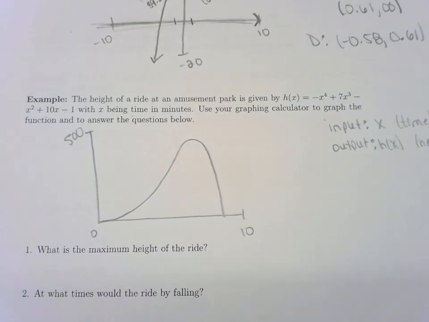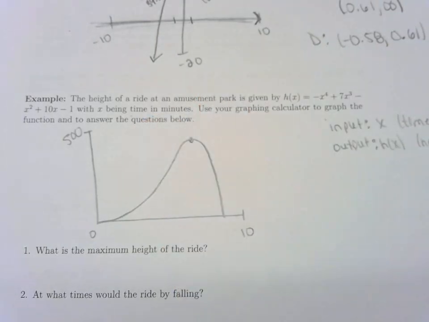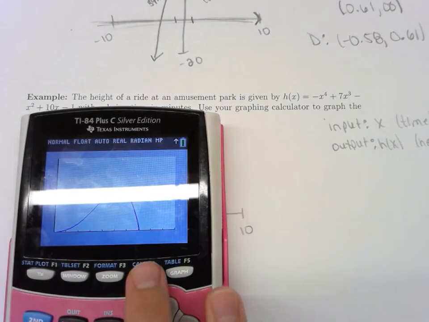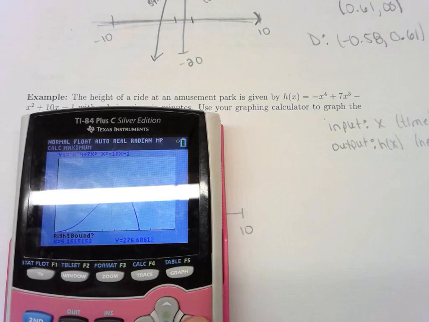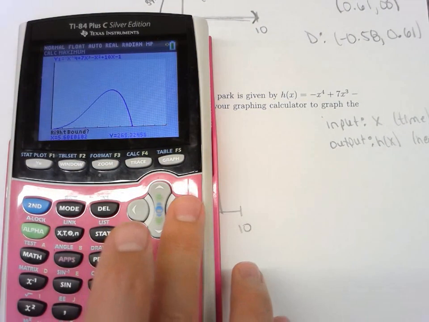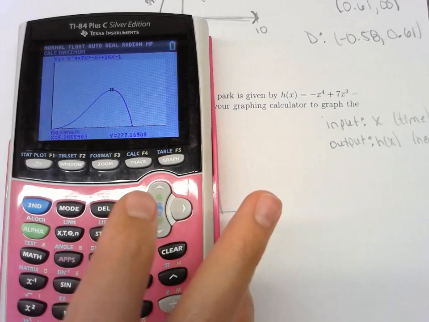Okay, number 1, it says, what is the maximum height of the ride? So that's going to be this point here. So we want to find the maximum height. How high does this graph or this amusement park ride go? So again, I went to second trace. Left bound, I want to go to the left of the maximum, which is the very top point. Then I'm going to go to the right of the maximum, and then I'm going to guess. And it says the maximum is